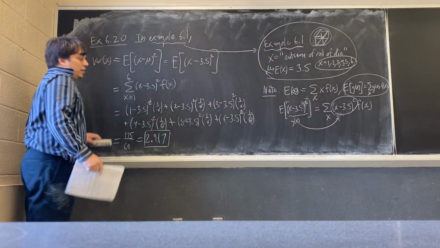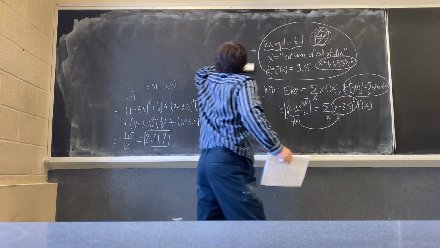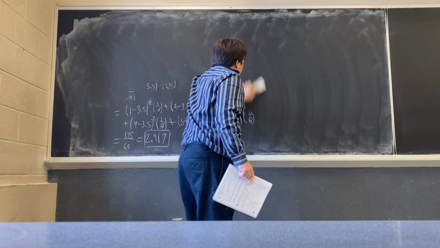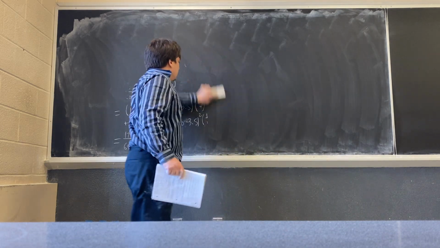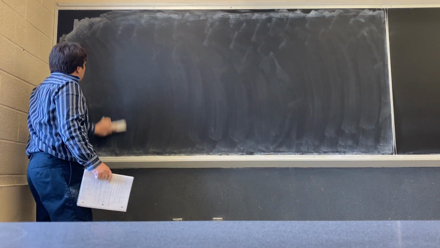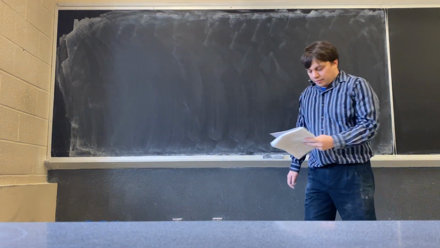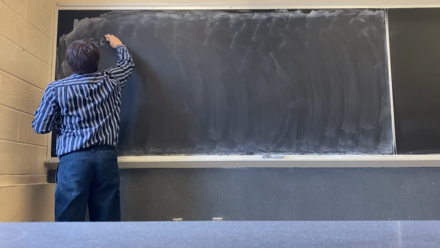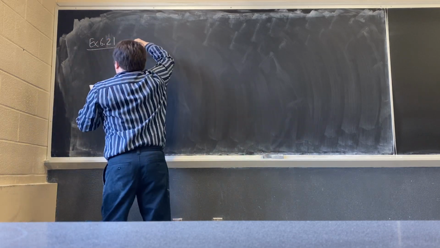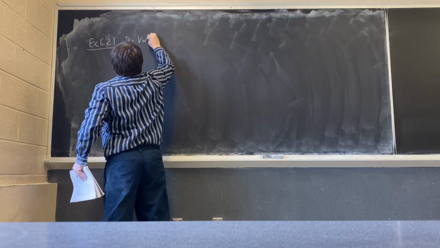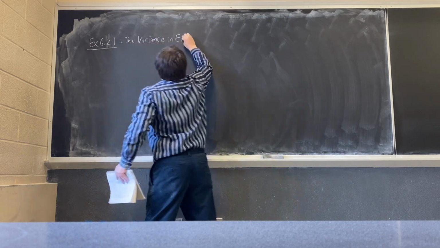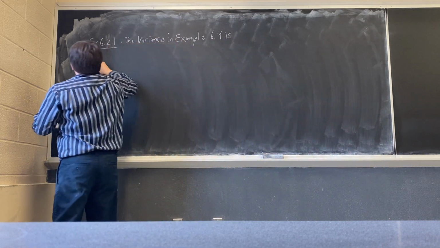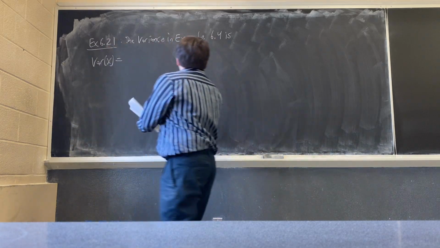Okay, here's the next example. Example 6.21. And that's the variance in example 6.4. So we're going to compute the variance of x for that example. And so in example 6.4,